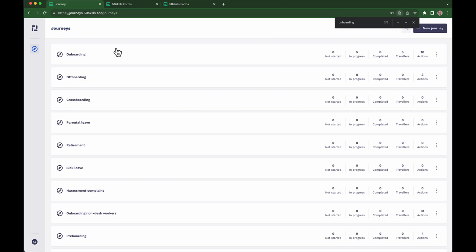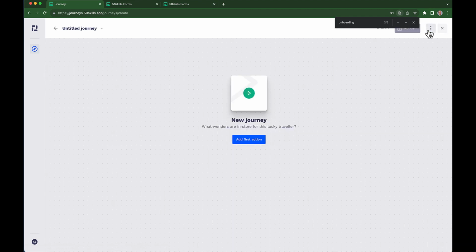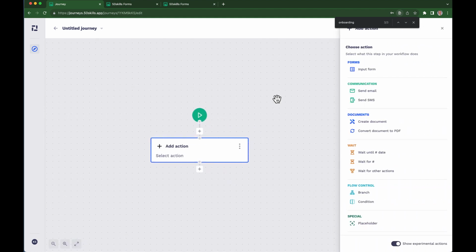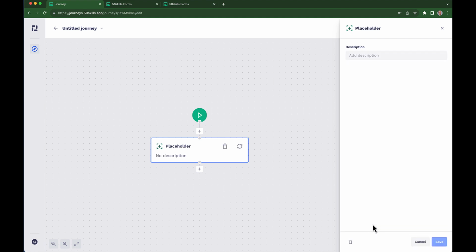And just to kind of conclude here, you can build, again, as many journeys as you want. So you simply click the new journey button, you add your first action, and start drag and dropping the things that you want to see here and get a journey started. If you're not certain of what action should be where, a good idea that a lot of our customers do is that they start using placeholders. So you have a certain use case in mind and just kind of add a placeholder. It doesn't really have any function, but just add that placeholder there